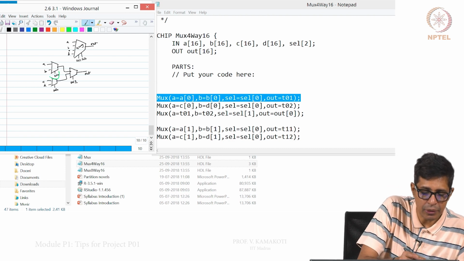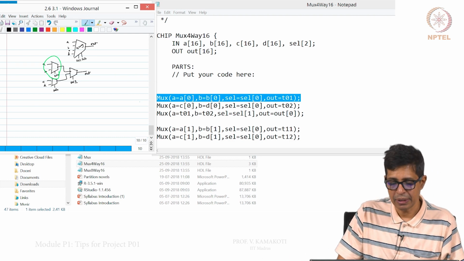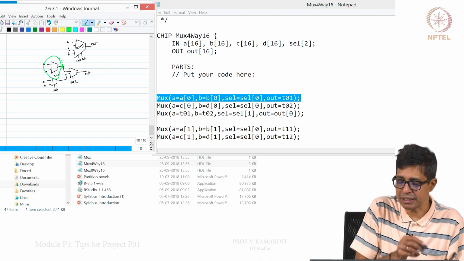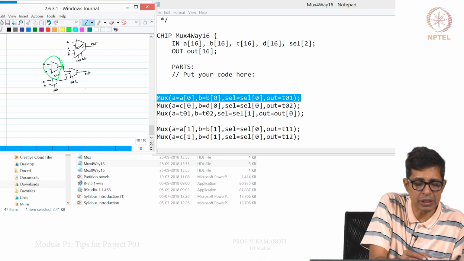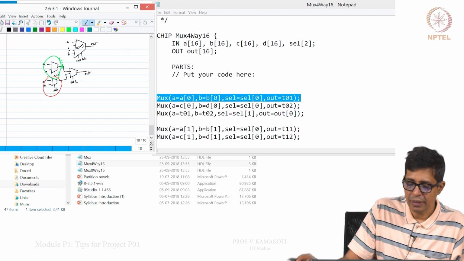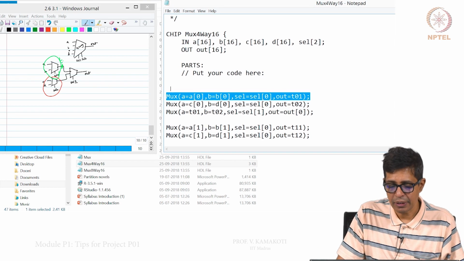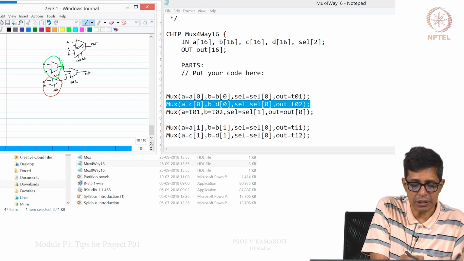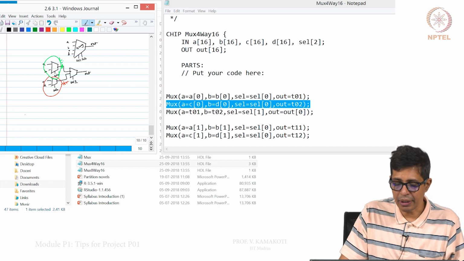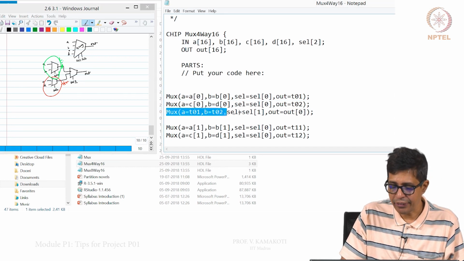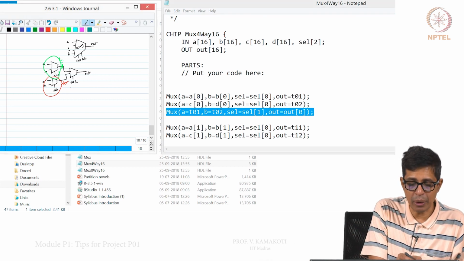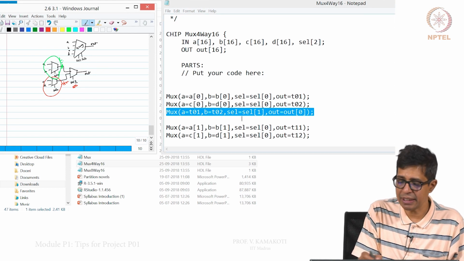A0, B0, sel 0, out is some T01. This wire, whatever I am marking in green, is T01. The second mux takes C0, D0, again sel 0, and out is T02. The third mux takes T01 and T02 as inputs, and sel 1 as the select, and out is the output.